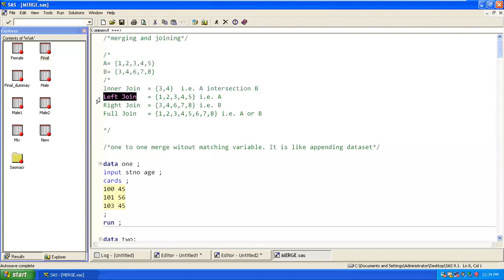The same happens with a left join. You'll take everything from the left table and try to find out whether it is there in the right table or not, which is the B table. A right join is where you take all the accounts from your B table, which is your right table, and look them up in your A table. A full join is combining all the data. Correct?